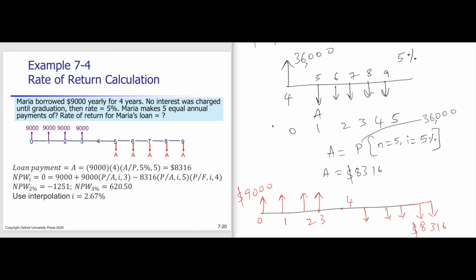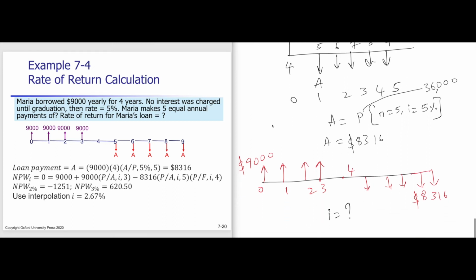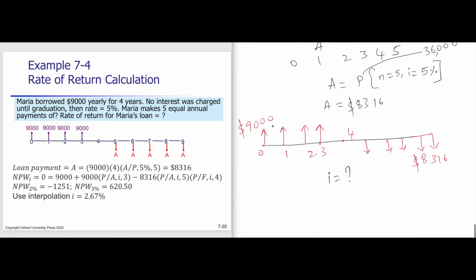The question is, what is I? So what will you do? You would convert everything into present or everything into annual. It depends on your discretion. So we convert everything to present. So everything to present in the sense,